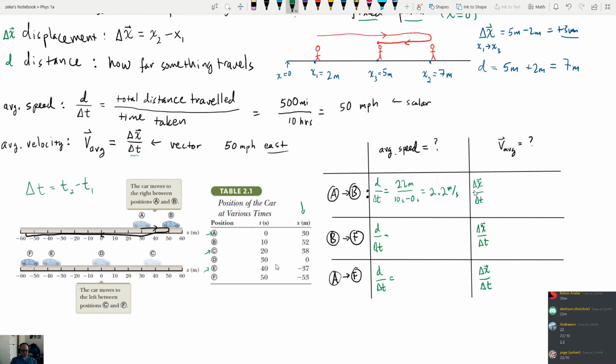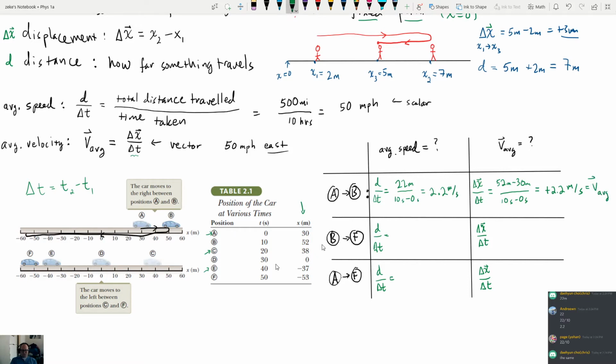Okay. So what's different about the average velocity right here? Well, it's probably going to be the same answer, right? So this will be in the numerator: 52 minus, sorry, minus 30. And in the denominator, the same thing, 10 seconds minus 0. So we would get 2.2, but it would be positive, right? Positive 2.2 meters per second. So I'm just going to indicate that this is a velocity by saying that there's a positive number right here. So that's going to be your average velocity